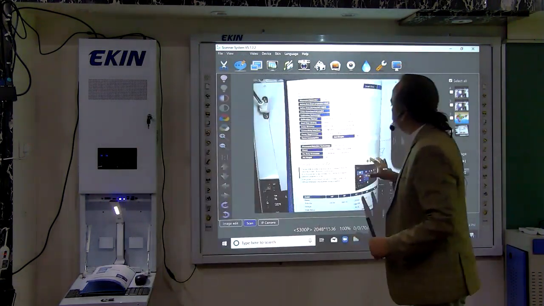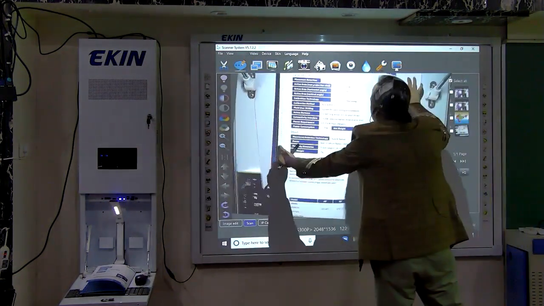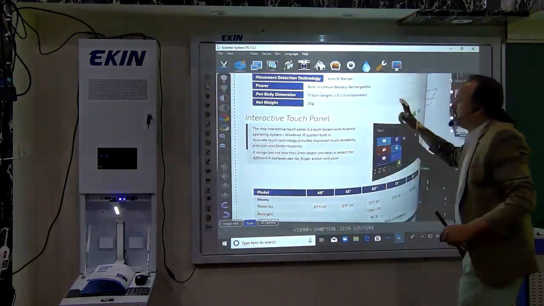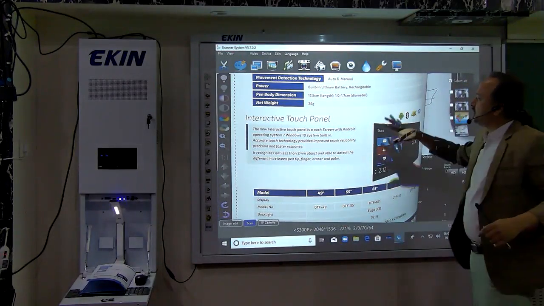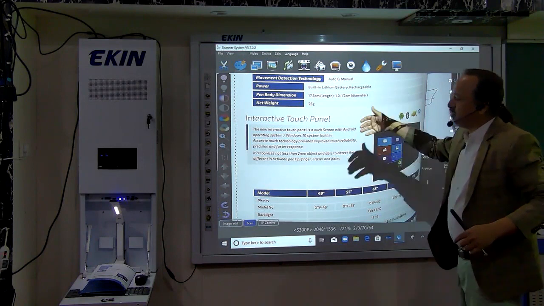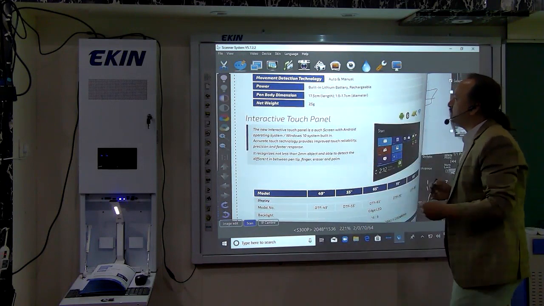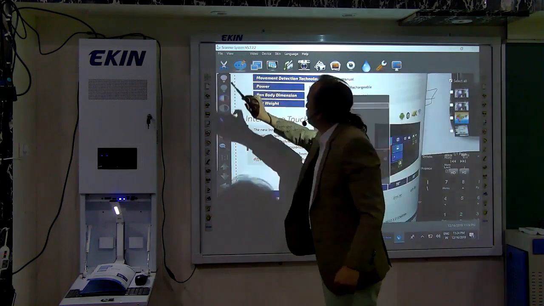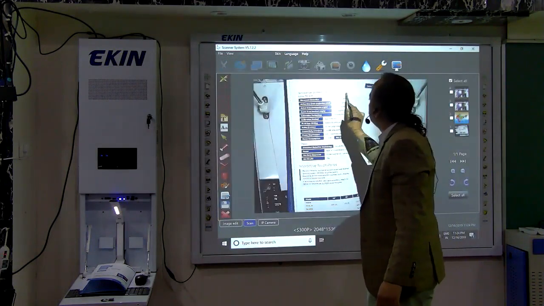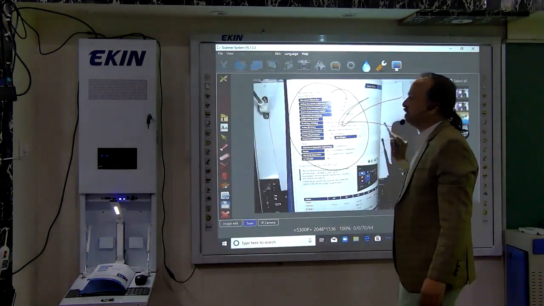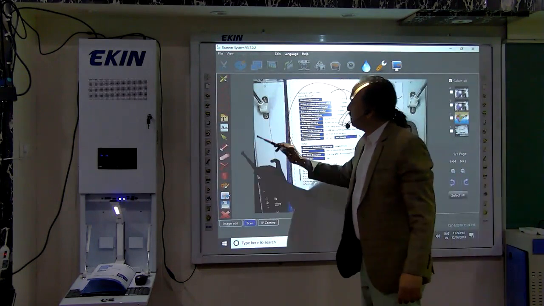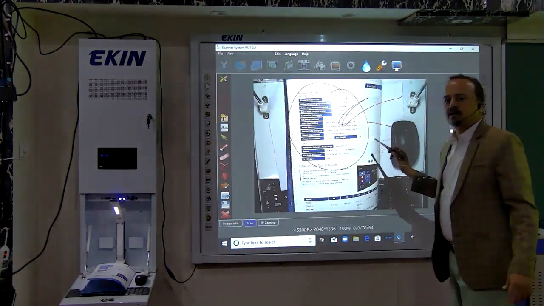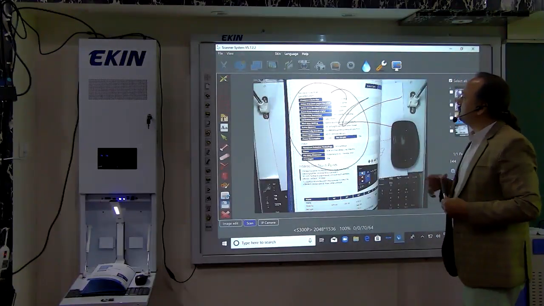So these are the pages. We have just scanned these pages. If you want to increase the size, you can see we can increase the size. We can zoom it. The benefit here is that even the students who are sitting on the last bench can see it. It could be anything which you can scan and show here. And not only scanning, even if you want to write something on that to make the students understand a bit better, you can do it. So you can write it like this. You can annotate on this, you can erase, you can write any text onto this and do a lot more things on this, capture images as you have here.